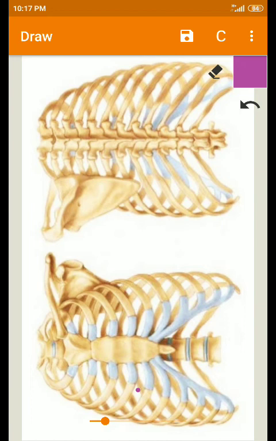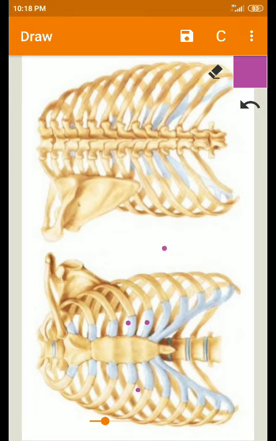Dear students, welcome back. Now here we are going to deal with the skeleton of thorax or thoracic cage. It is an osteocartilaginous. Osseo means the bone and cartilage means here you will have the cartilages. Okay, elastic cage. So it is having some elasticity and which is primarily designed for increasing and decreasing the intrathoracic